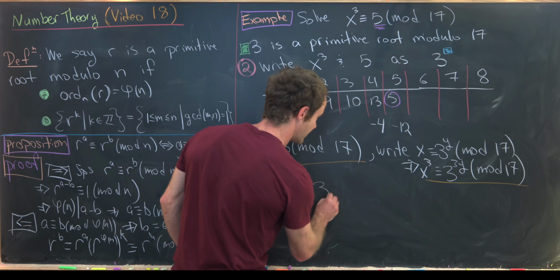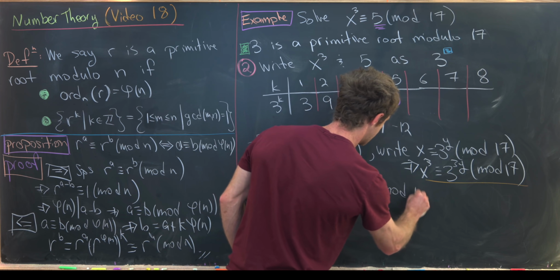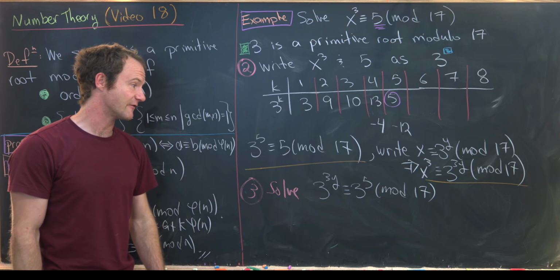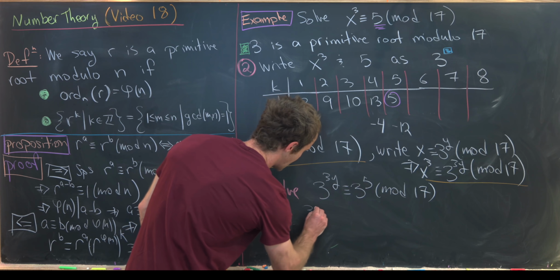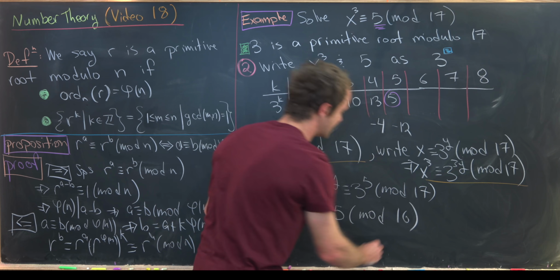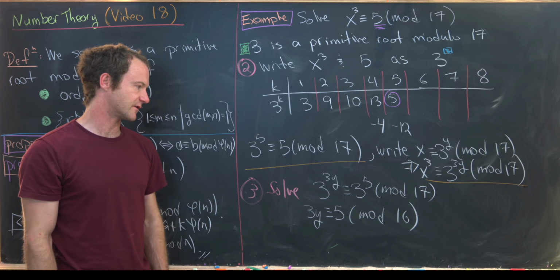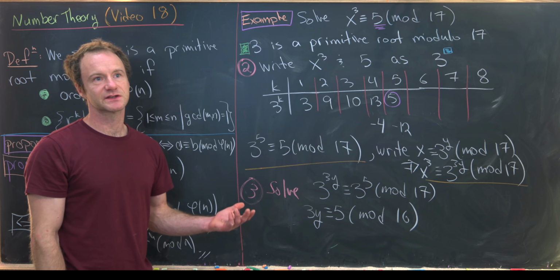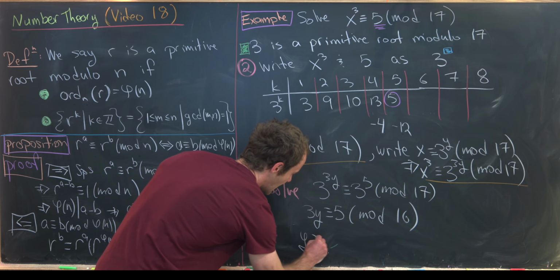So now we have 3 to the 3y is congruent to 3 to the 5 mod 17. Okay, but now we can take everything out of the exponent if we calculate phi of 17. So now we have 3y is congruent to 5 mod phi of 17, which is 16. Now we can multiply both sides by 3 inverse mod 16. Notice 3 inverse will be equal to 11. That's because 3 times 11 is 33, which is 1 more than 32,